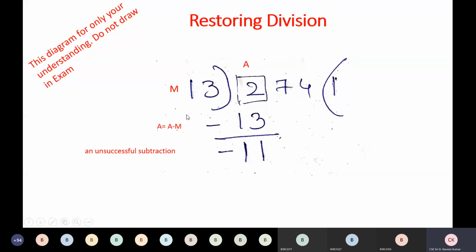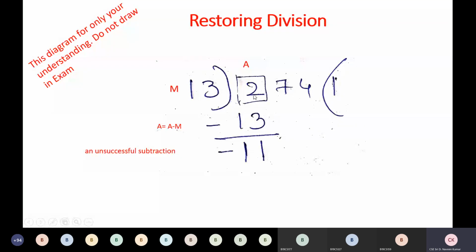Did you get what I mean here? So the computer will consider only one number, 2. So it does 13 ones are 13, and it tries to subtract, and it gets a negative number. So it means it is a false operation. It's a wrong operation it has done. So it needs to get back and start again. It needs to take 2, and now it needs to take 7. It needs to make 27, and again carry 13 into 2, 26, and so on. It needs to carry out the subtraction.